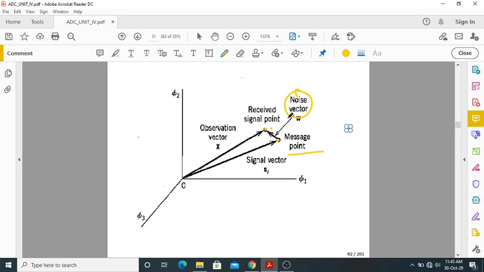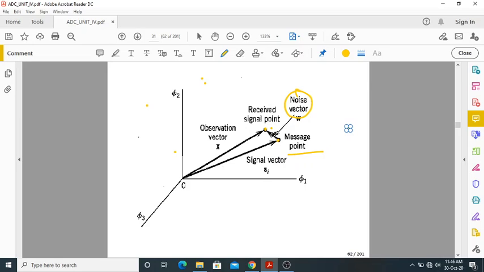Isn't it? If noise is less, it means the distance between these two vectors is less, which means they are very close to each other. So the simple meaning is, if the received vector and the transmitted vector are very close to each other, there is very little noise. If noise is more, they are very far away from each other. Anyway, we'll discuss everything in detail later, but this is a simple geometrical representation of all three vectors and